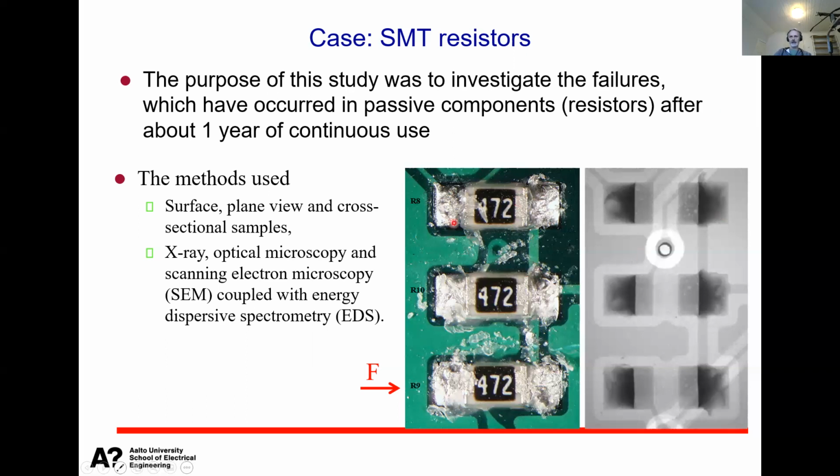And here we have 3 identical resistors side by side, and they are now called here R8, R9, and R10. And they stated to us that, okay, this resistor number 9 had failed, and these are still working without any problems. And the reason why these look a little bit ugly is that as this should have been this kind of a high reliability product, the whole